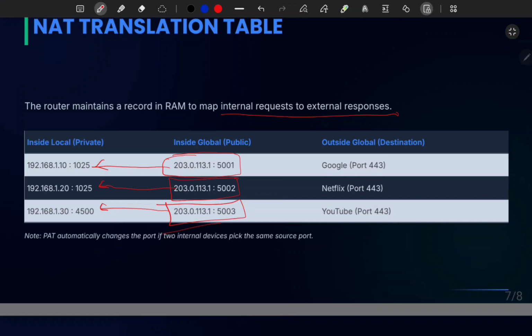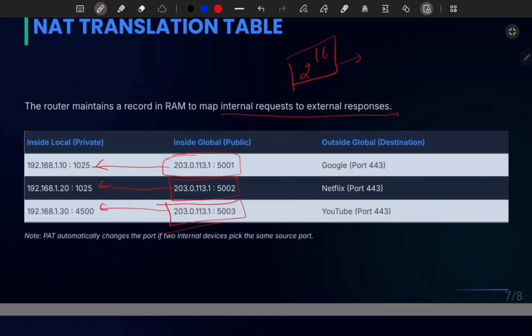It helps in avoiding the mixing of data. In the port there is 2 power 16, so approximately 65,000 port numbers can be generated over one router.